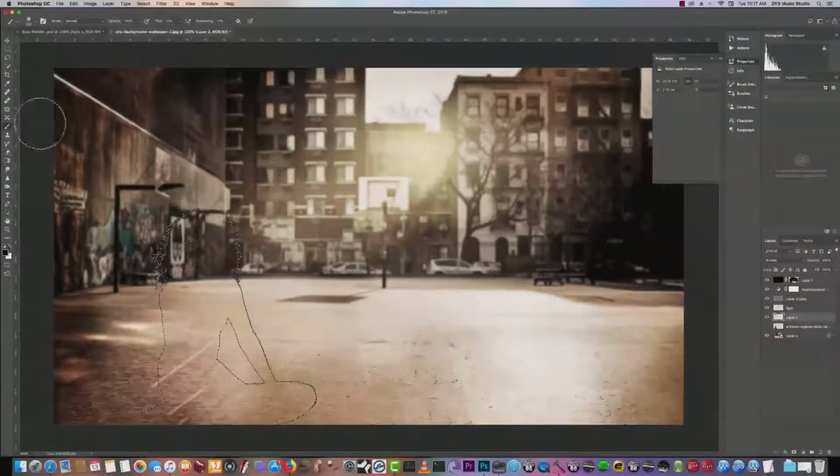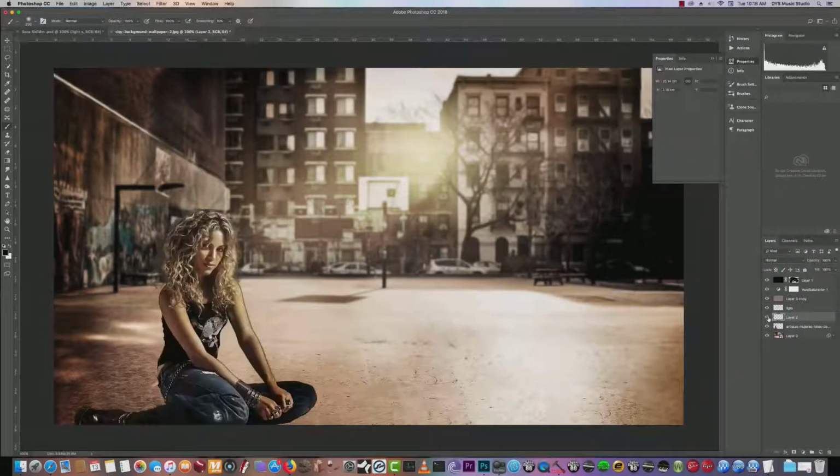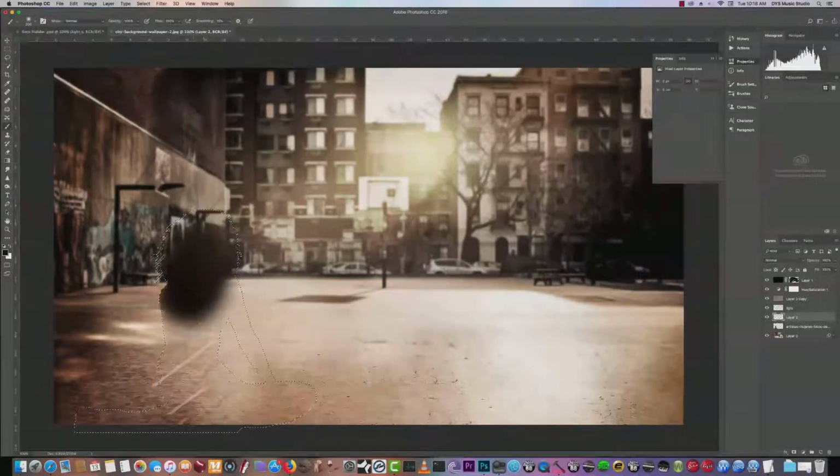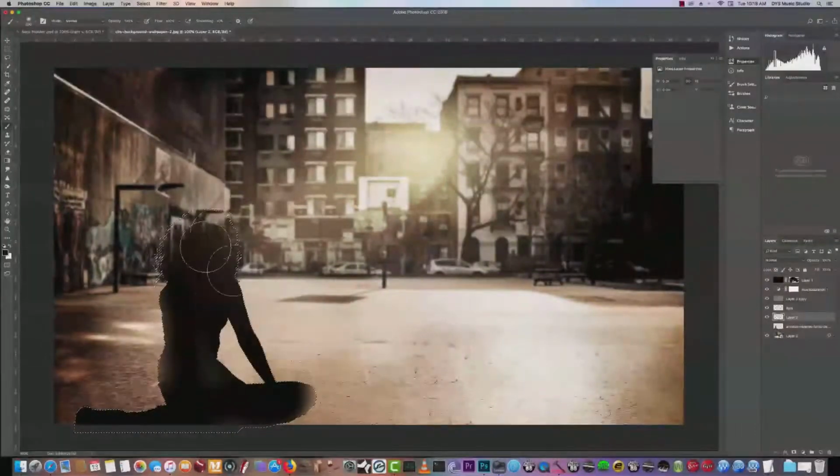I might as well paint it in. Let me go to my brush tool here. One moment, guys. Or what we can do, okay, there we go. We make her black,